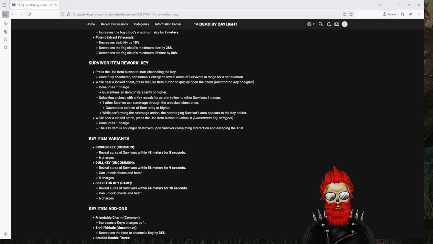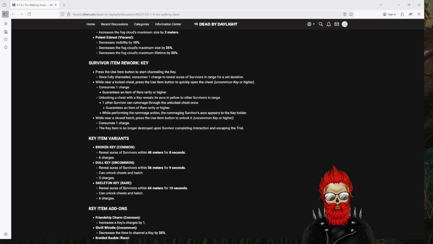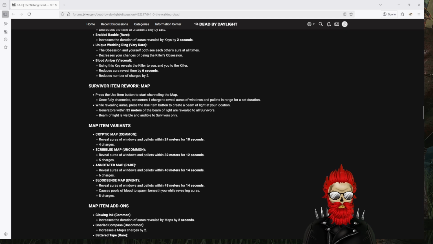So pretty much they just buffed the key. I mean, there's no other way to put that. They pretty much just had to buff the key because nobody was using it that much. At least that's what I took it as anyway. And if you look at the variants for common, uncommon, and rare, it goes up even more in charges and time meters and everything. So they pretty much buffed it, is what they did. Which is not bad, obviously. It hasn't been touched in 80 years, you know, so...